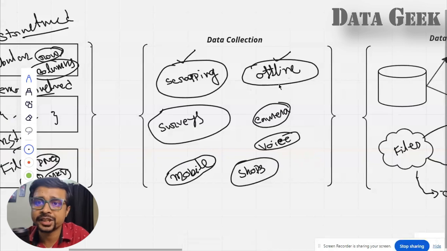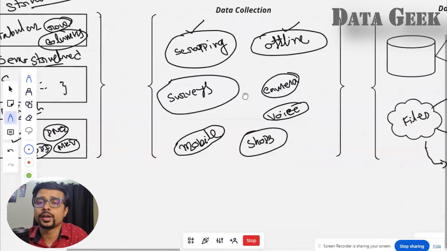That's also a data collection method. Again, if you go to the internet today, you will see many surveys. If you go to any website, they will ask you about the experience you are having. If you have opted in for online courses, after completing the course, they will ask you something about the course. Those are surveys, and those are also a way of collecting the data.